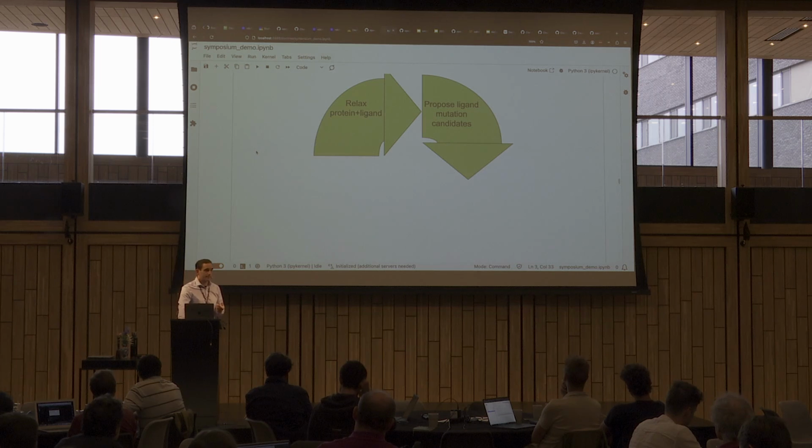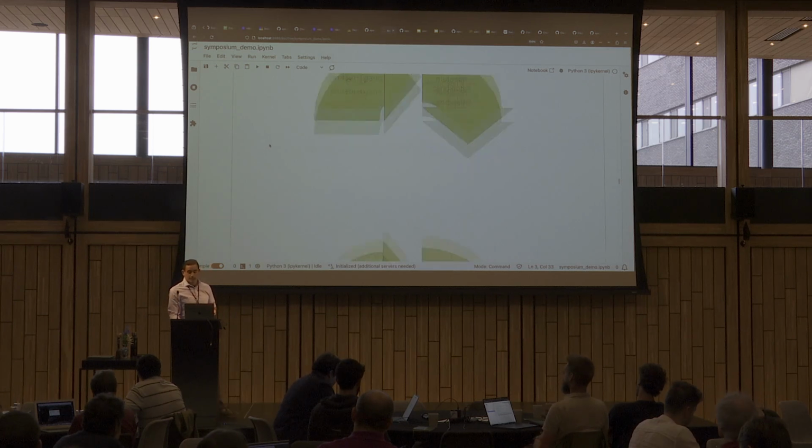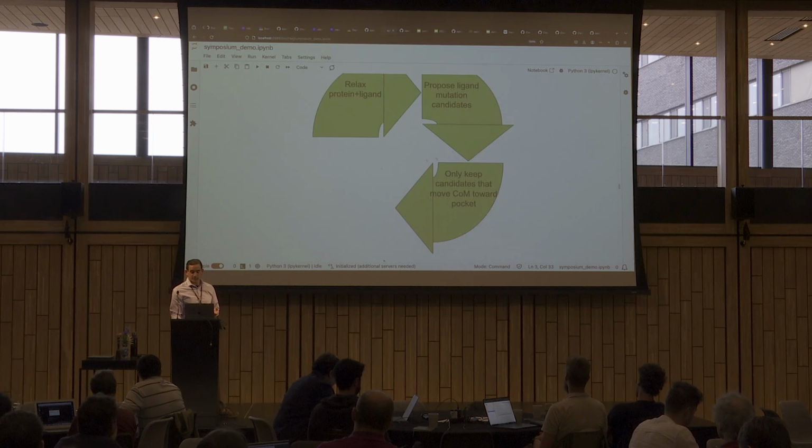Then, from that, I want to take the small molecule and propose mutations to it. These would be chemical reactions, like adding a methyl, adding a nitrogen, replacing a hydrogen with a heavy atom. And for each one of those mutation candidates, I want to do a cheap pre-screen and say, hey, are any of you going into the pocket, or are you all just